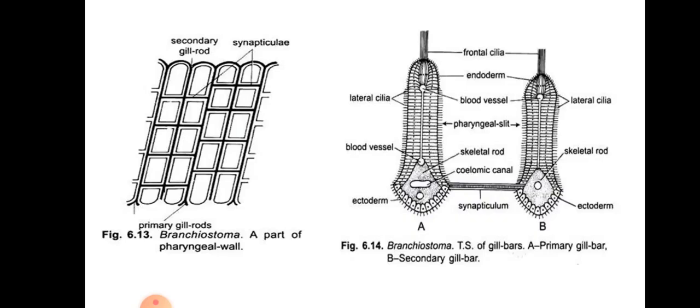The primary gill bars are interconnected by a system of transverse bars or synapticula, which impart a basket-like appearance to the pharynx, similar to that of the branchial sac of the tunicates. So this synapticulum also contains a blood vessel and a skeletal rod. Now the next structure that we will learn about